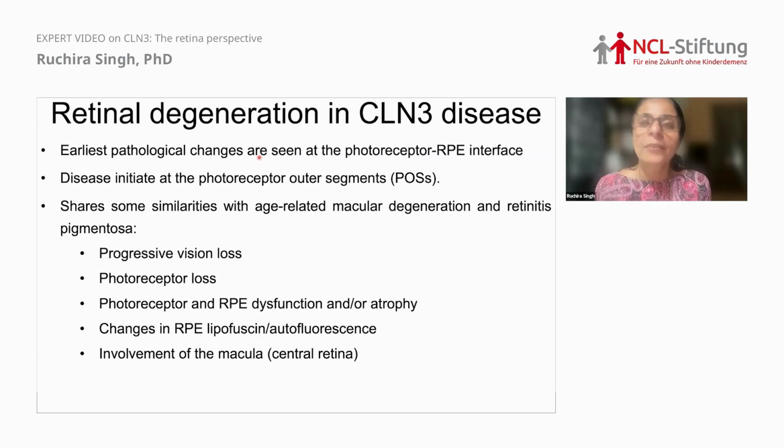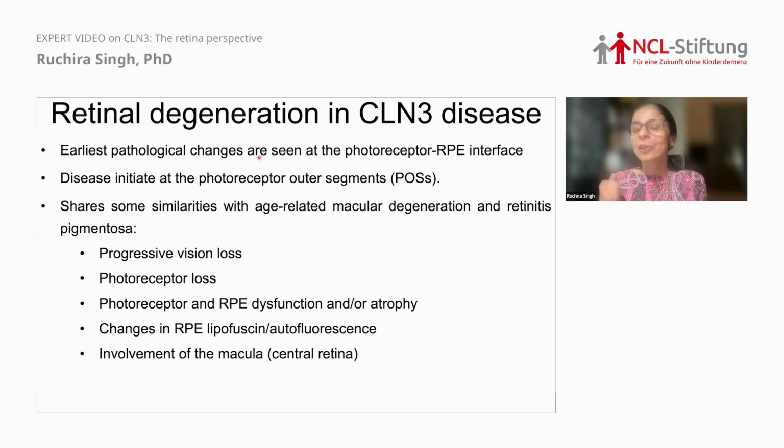Based on the extensive characterization of the disease in the human eye progressing through the disease, it's been shown that the earliest pathological changes are seen at the photoreceptor RPE complex. And at least in the syndromic disease, all the cell layers seem to be affected more or less at the same time. But if you were to